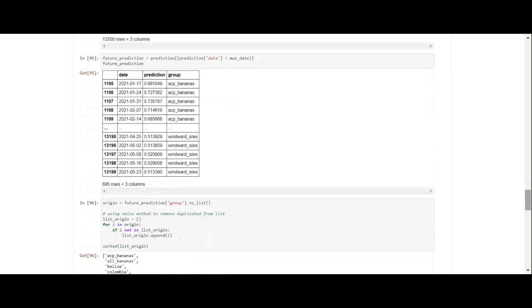So I made another data frame and called it Future Prediction. And I said, okay, if the date is greater than the max date, then you can include this in the data frame. So if the date was greater than the max date, then it was included in the data frame. And so you can see that that's taking our number of rows down from 13,200 to 695 rows.